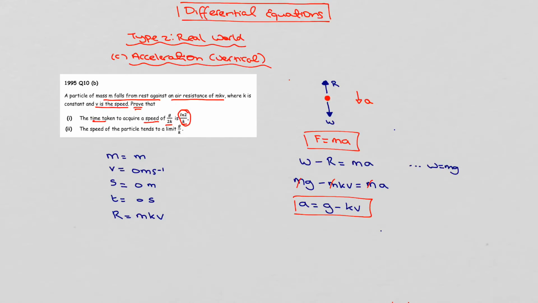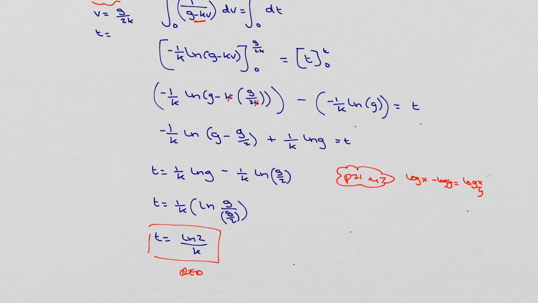Okay, so the next part, part 2, is to prove that the speed of the particle tends to a limit of g over k. All right, so if I need to do that, I need to go back a step here. If you're the type of person that always integrates and works out your constant of integration, then you already have an equation for t in terms of v. But if not, and you've done it the way I have, then we just need to backtrack a little bit